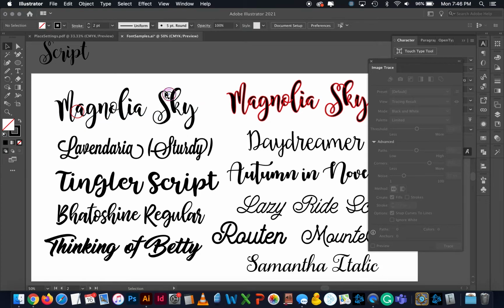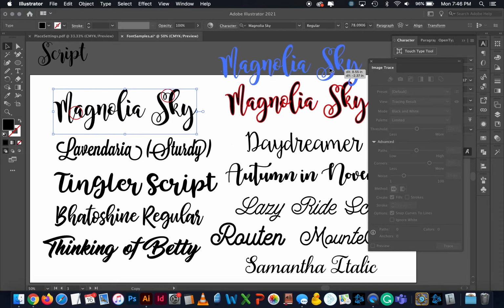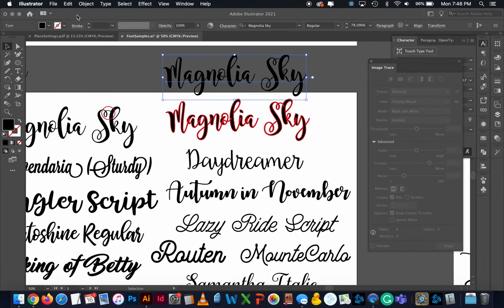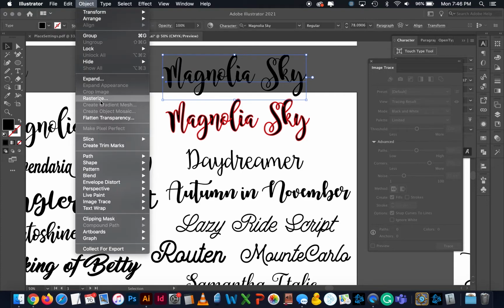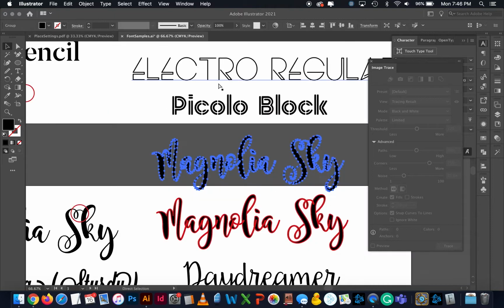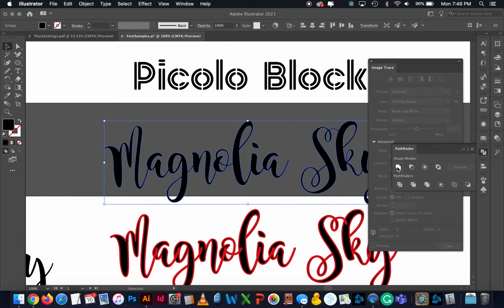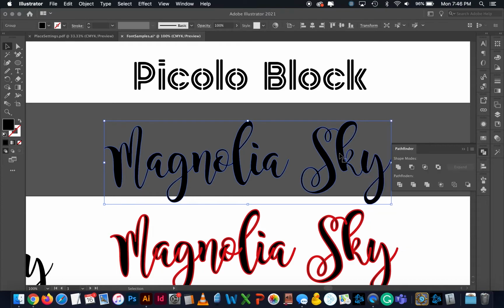And when you see these tiny little loop connectors, you can see there's very delicate areas that are holding these letter forms together. So in order to fix that, what I will generally do, let me copy it over here, is I will set this to outlines when I'm finished. So type, create outlines. And then I will very simply, so remember you gotta fuse your letters, but let's do that real quick. We'll go to our Pathfinder, fuse those, exit our image trace panel,